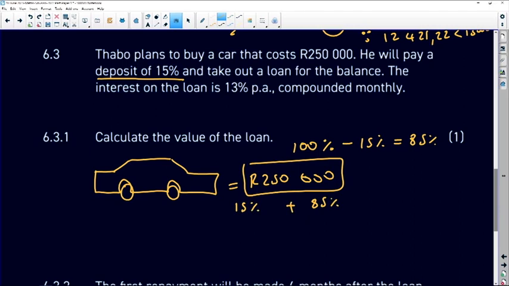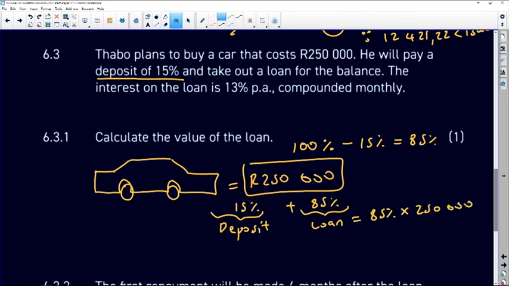So we want to know what the amount is going to be of the loan, because this one he has, this is the deposit that he has, this is what he's going to pay cash, he has that amount, but now we need to borrow this one. So the loan is going to be 85% of the cash price. So the loan is going to be 85% of